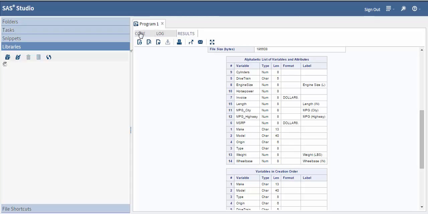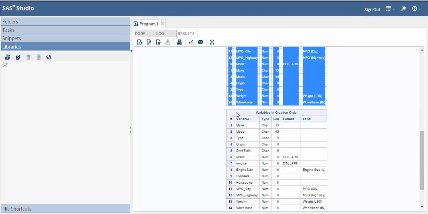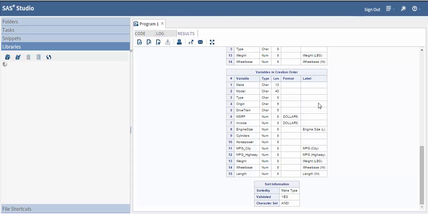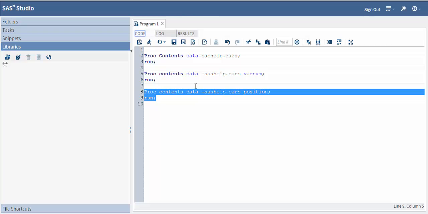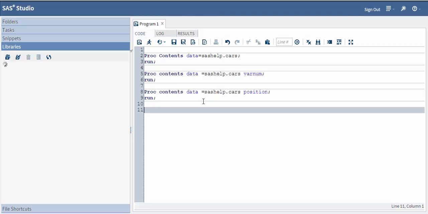Got it? You can see this is the alphabetic list of variables and attributes, and below that we have variables in creation order. So when we use varnum, we get only the list of variables in creation order, whereas when we use position we get it in both, that is the alphabetic order as well as the creation order, right? So this was about trying to get the contents of a particular data set in a particular library,